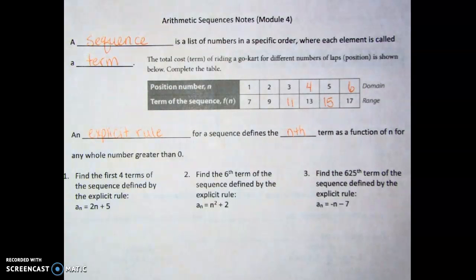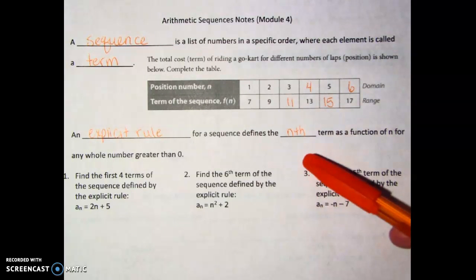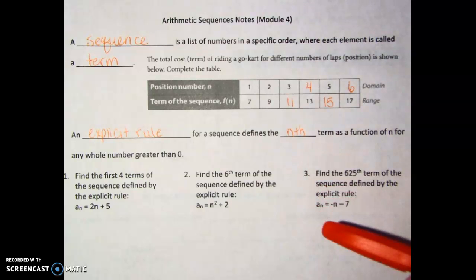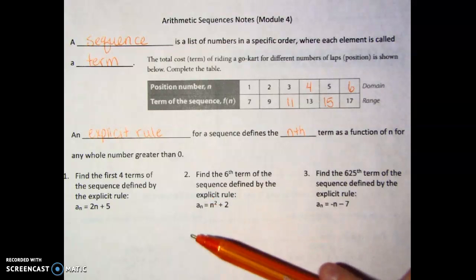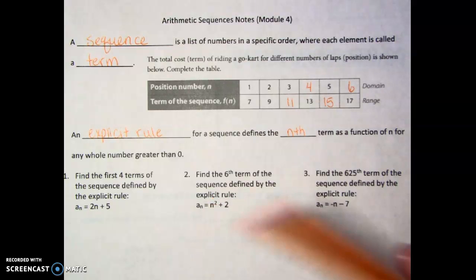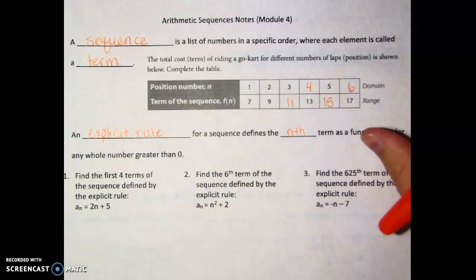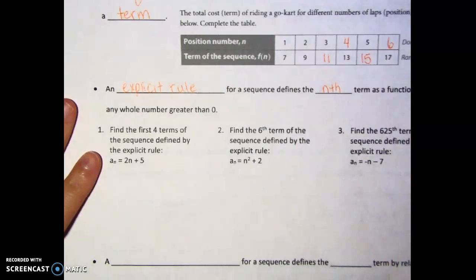So an explicit rule for a sequence defines the nth term. So it might ask you for like the 16th term or the 150th term. Okay? So when it asks for a specific term, we will use explicit, meaning it is explicitly asking what it wants. So for number 1 down here,